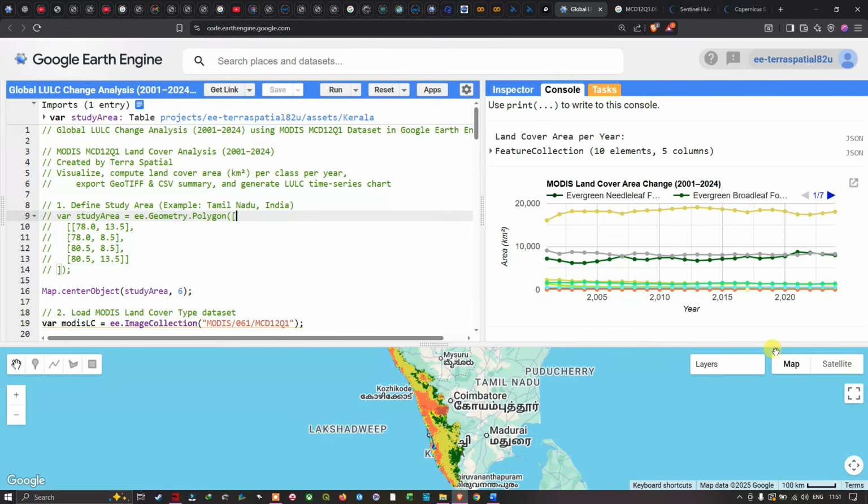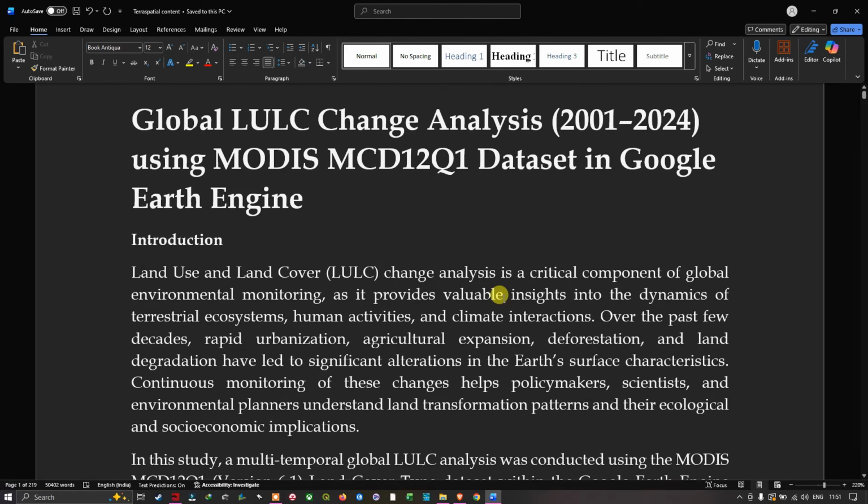Now let's get started. The land use land cover change analysis is a critical component of global environmental monitoring, as it provides valuable insights into the dynamics of the terrestrial ecosystem, human activities, and climate interactions. Over the past few decades, rapid urbanization, agricultural expansion, deforestation, and land degradation have led to a significant alteration in the Earth's surface characteristics, causing various impacts. Continuous monitoring of these changes helps policymakers, scientists, and environmental planners to understand the land transformation pattern and the